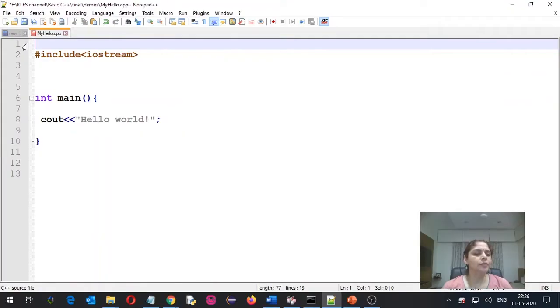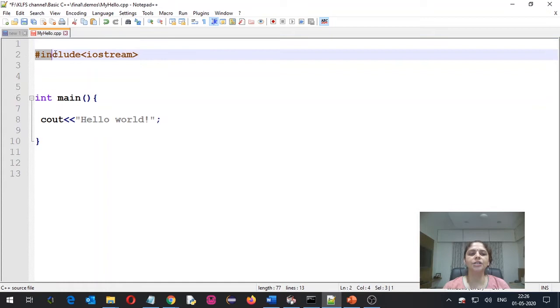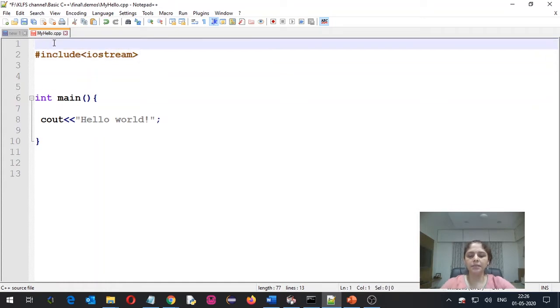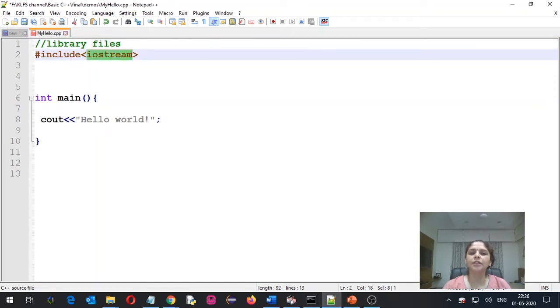So let's talk about the structure of a C++ program. If you want to write any program, your program always starts with a line called #include iostream. This is a library file in C++. When you want to write a program, it is necessary to add this file because all the basic functionality of C++ is added into this particular file, that is iostream. This is a header file. The name of the file is iostream.h, but in the new style we don't write .h, we write only #include iostream.